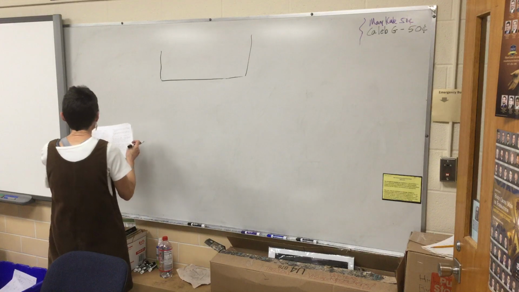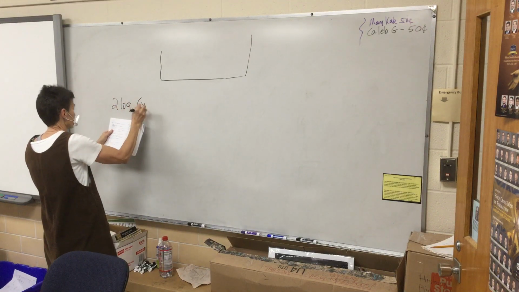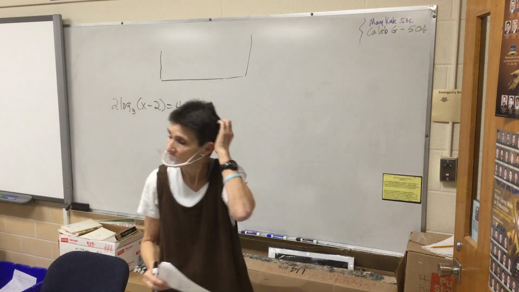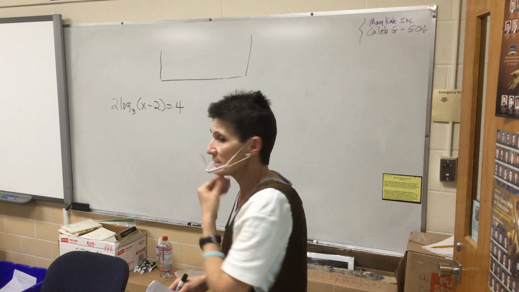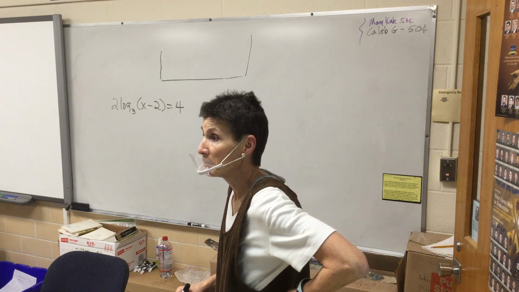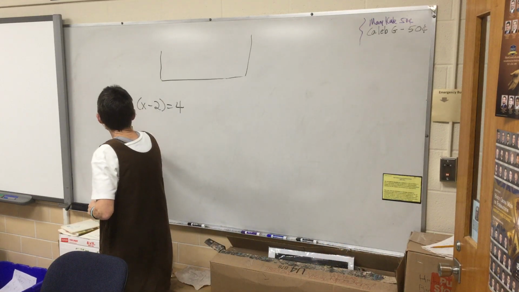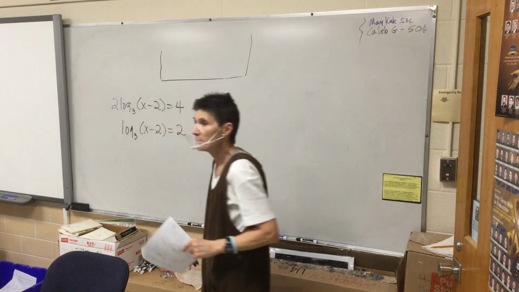All right, so here we go. Number 1, A. All right, got to solve it. Ideas? Step 1? Divide by 2. Absolutely, divide by 2. So log base 3 of x minus 2 equals 2. Then,